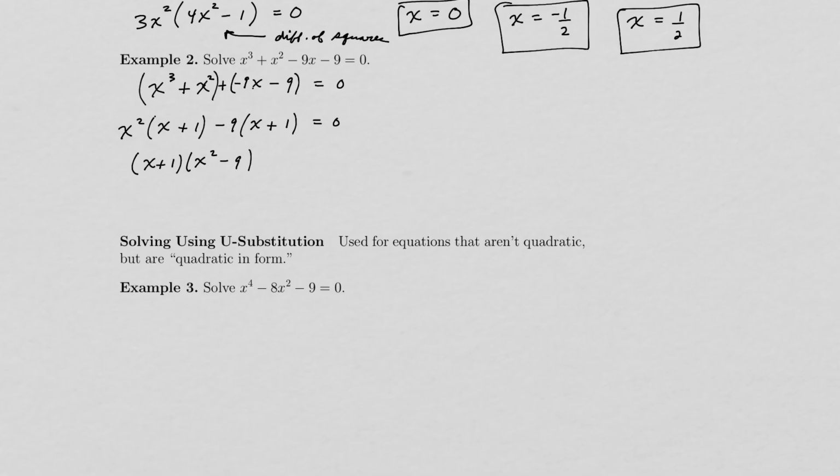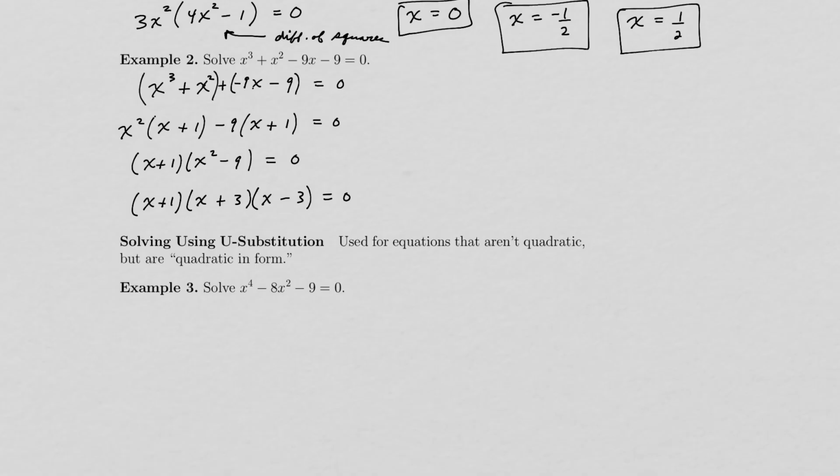I'm left with x squared minus 9. And notice that is a difference of squares again, right? That has the form a squared minus b squared. So the x squared minus 9 can be factored into x plus 3, a plus b, where b is 3 and a is x in this case, and then x minus 3, or a minus b. So the three possibilities are